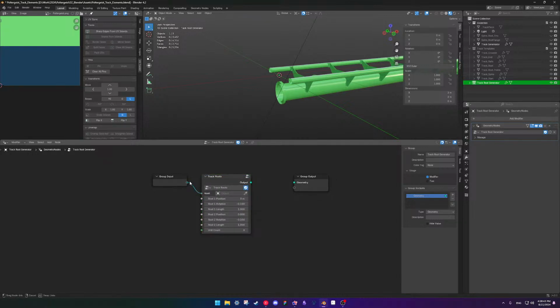So the root, root 1 position. Let's see.